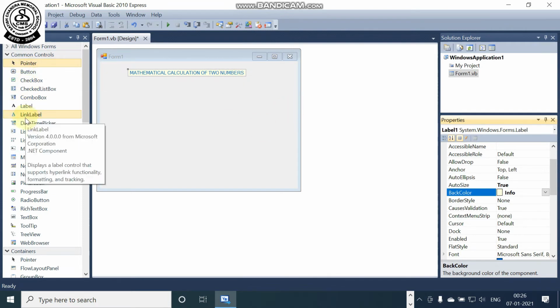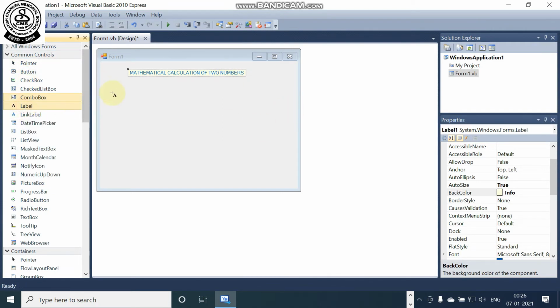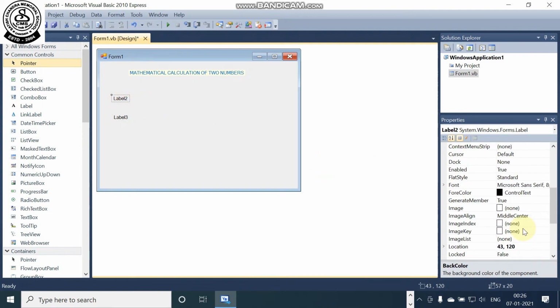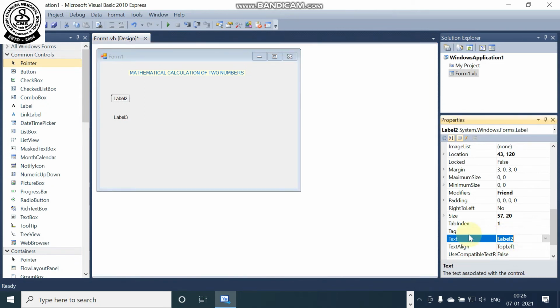After that, you need more label boxes. So another two label boxes I'm just adding, because of the two numbers. In the second label box, I want to change the text, and you can go here and change the text. You can write "Enter first number", and you can press enter, it is coming, and colon I need to give.